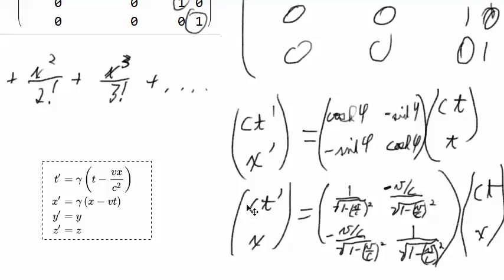Yeah, we're going to be dividing by that c, so that'll be c squared on the right hand. And x prime, sorry, this should be an x prime equals gamma times x minus vt,